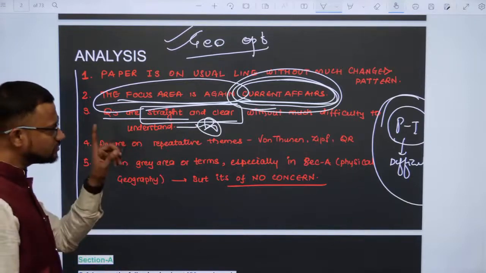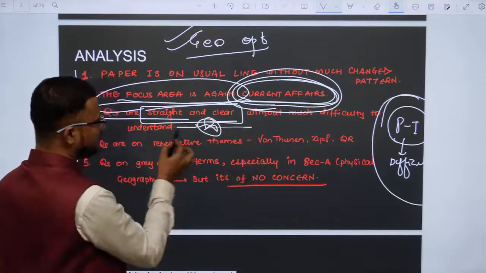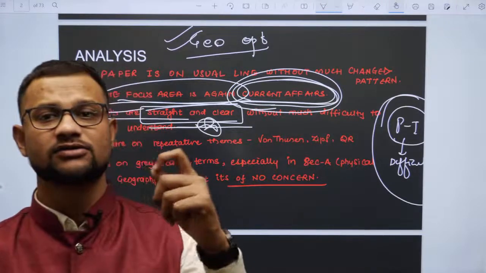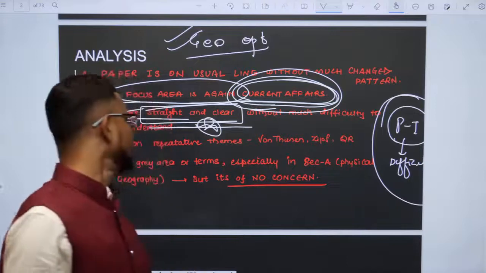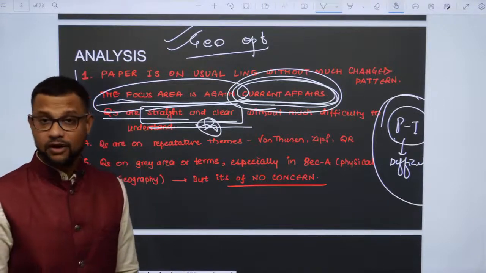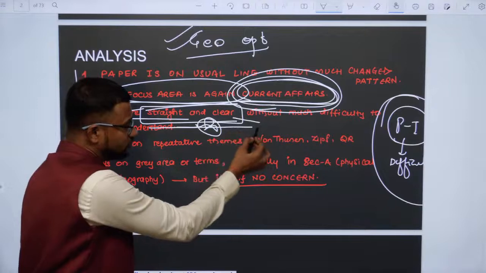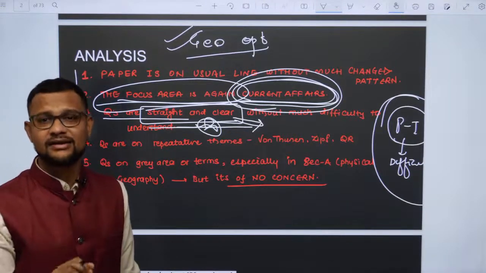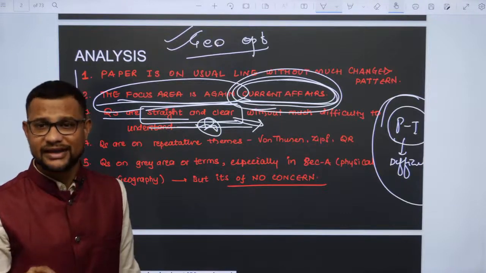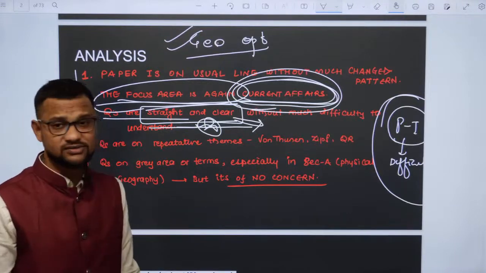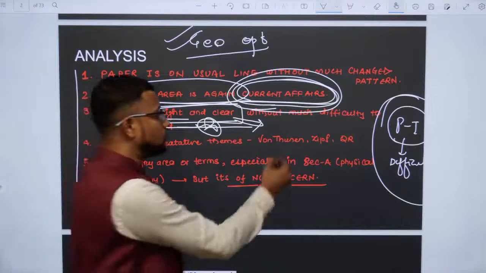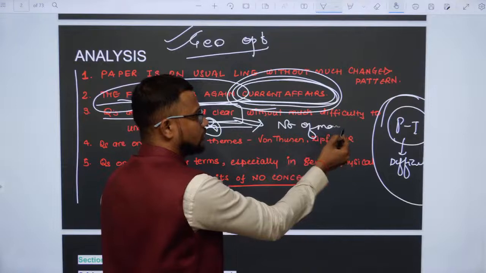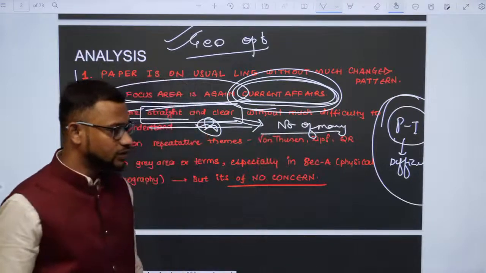So the demand is absolutely important, and with straight and clear wording of the question, it is again becoming more demand oriented. Now what is my observation whenever this kind of question is there? Straight and clear: justify, elucidate, explain, discuss. Now you have to write as many points as possible, because in that case only you will find